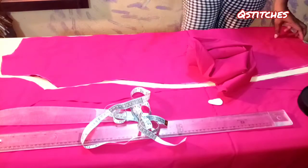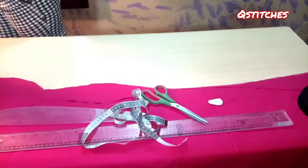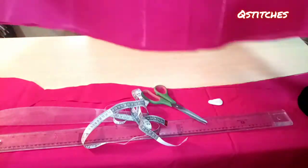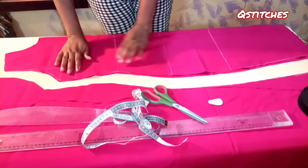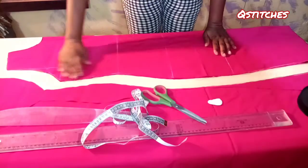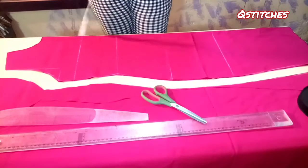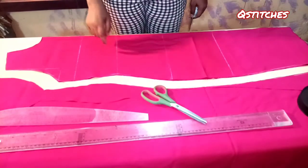So let me get this out of the way first. I forgot to do the dart. It's very necessary for some dresses, though this is a stretchy dress, but for the sake of the style that we are making, it's supposed to have that. So now I'm going to take 4 inches from here. The dart is supposed to start from